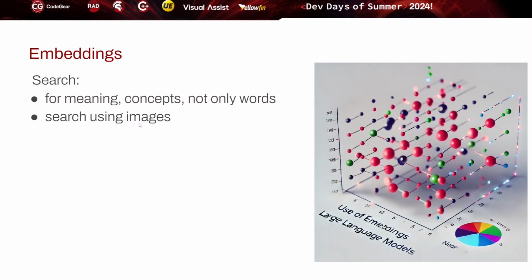So think about when your customer, your client, your user is trying to search for something in your system, and maybe they will not need any more words. They can send you a picture of what they want to search, or they can even search by themselves, putting in an image of the things that they want, and by concept search, the LLM can provide us the very near image or very near responses to the concept that we are searching for.